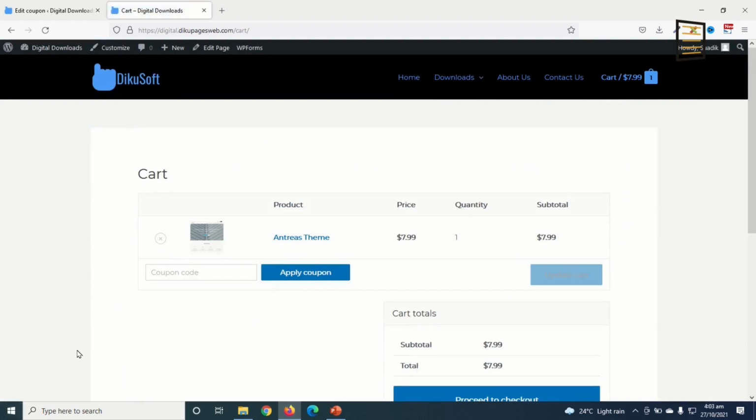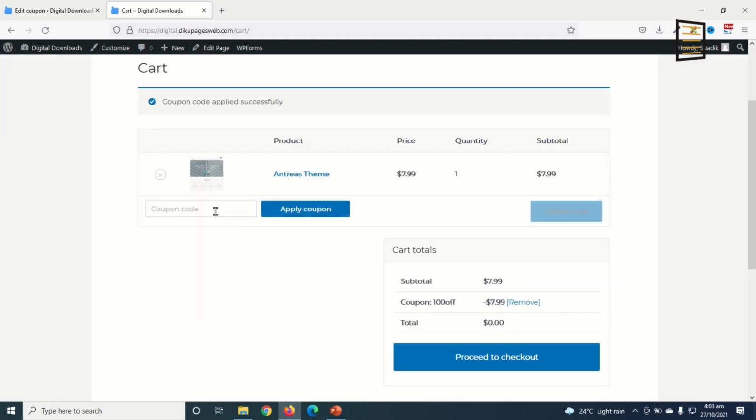Okay, the sidebar is gone. So I just go ahead and enter my coupon code, 100 off. Then I apply. Take note the price is 7.99. So after applying the coupon, the total price is now 0. You see that the 100 off just deducts the whole of the 7.99 from the subtotal, which will give us